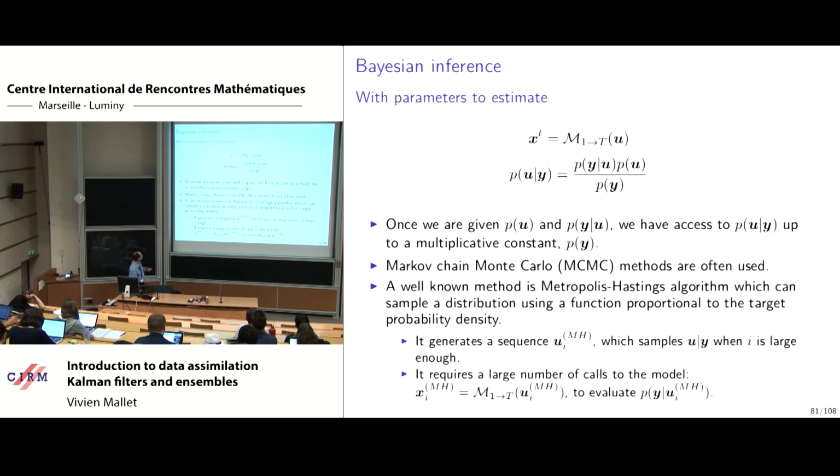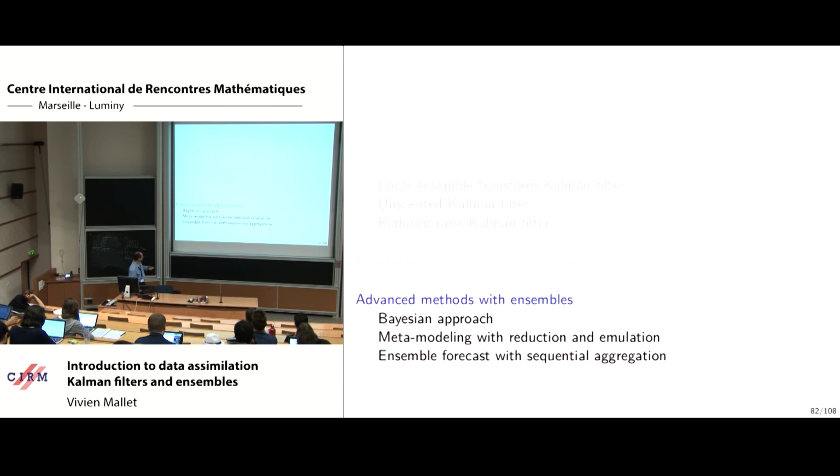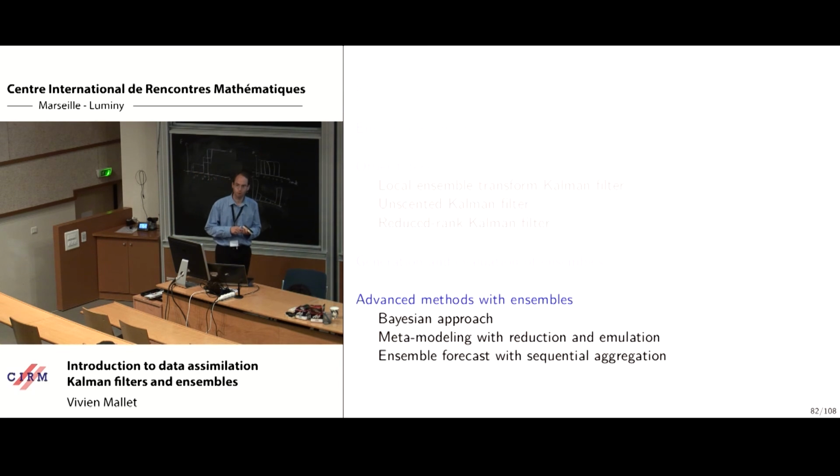It's nice, but it's not really necessary. It's also a way to see that we need to make some. We can make use of some reduced models or meta models, which are models that run very, very fast, potentially, but give similar results to the original model, which costs so much. Because you've seen that we already have these computational issues, especially in the propagation of the error variance and